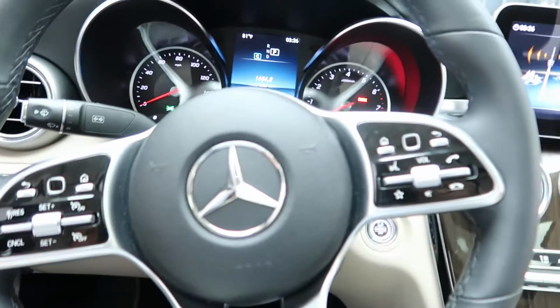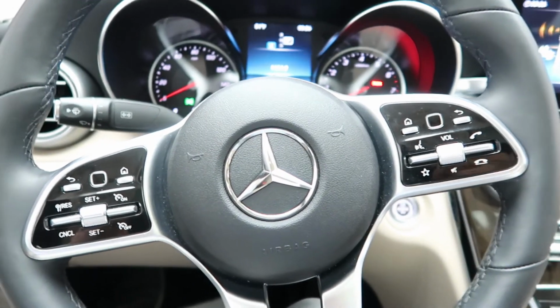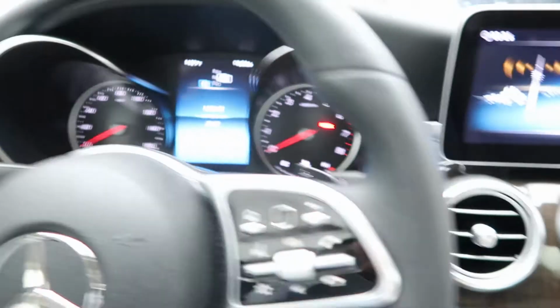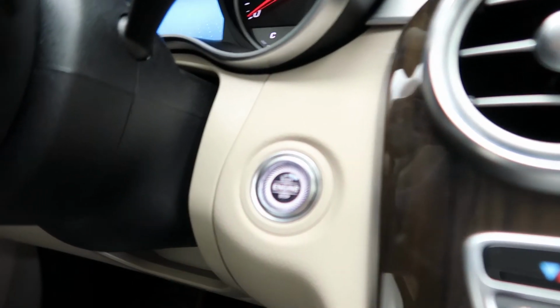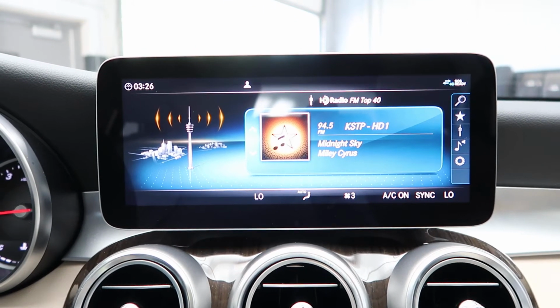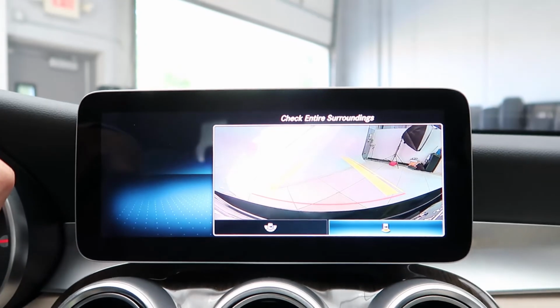Hopping in, we've got our steering wheel controls. This one also does come with smartphone integration, which is going to give you Android Auto and Apple CarPlay. Paddle shifters for extra performance, a push start ignition, a 10.25 widescreen display, rear view backup camera,